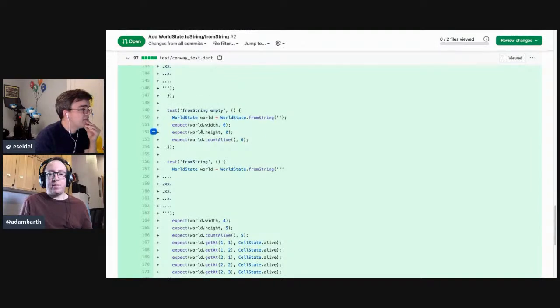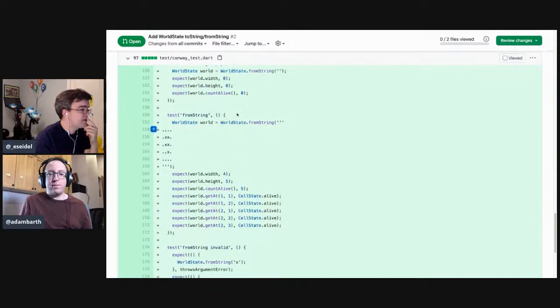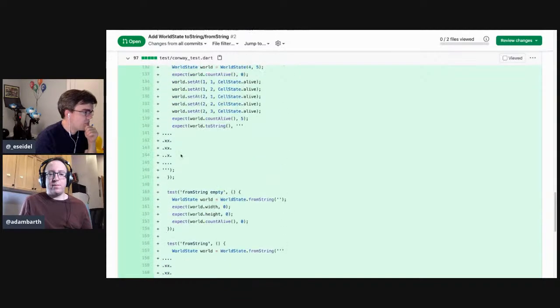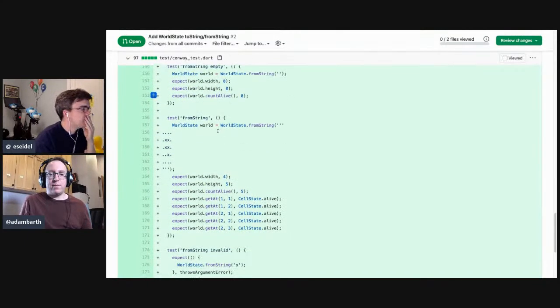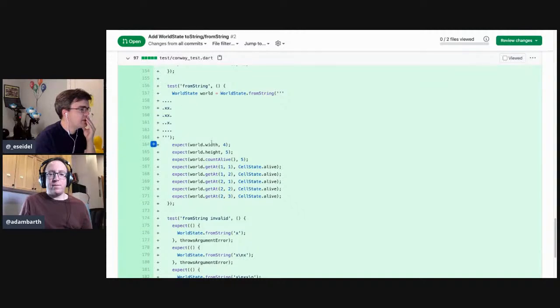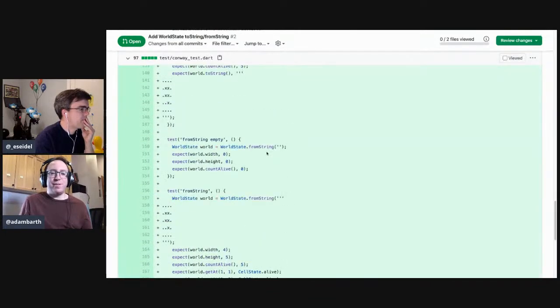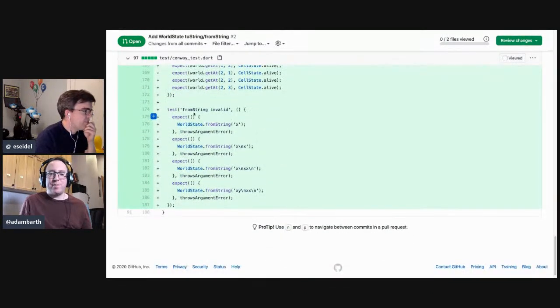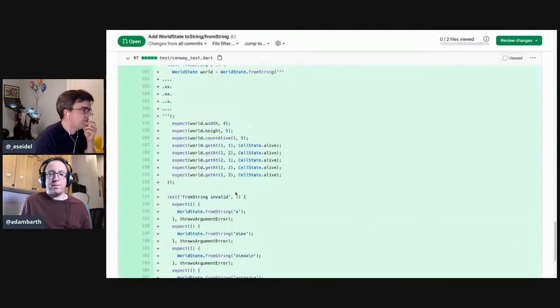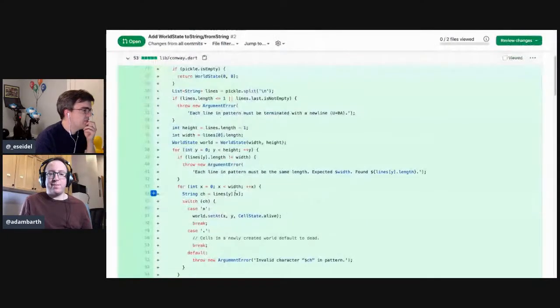From string empty, yeah. I think you actually already tested this above, but it's fine to test it separately too. From string. Oh, I see. Because we didn't round trip this world, for example. This is sort of round tripping it later. You've split your round trip into two tests. Yeah, what happened is I wrote these earlier, and then I realized, oh, I should be writing round trip tests, and so I wrote the other ones differently. From string invalid. Yep, makes total sense. Love it. Okay, let's see how the sausage is made here.